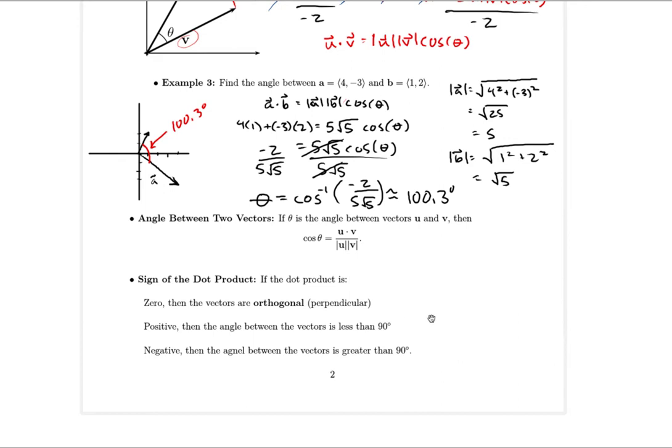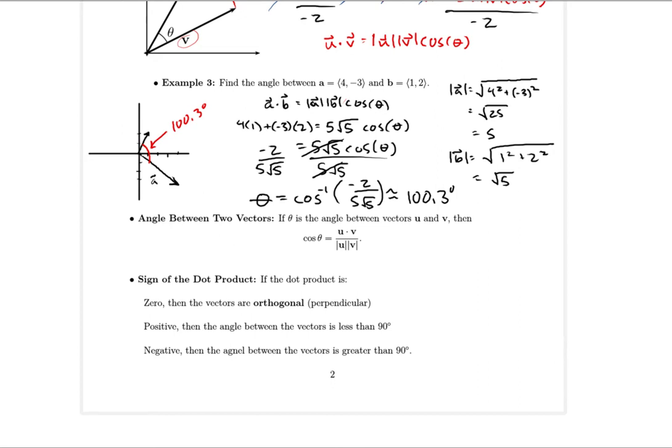All right, now a couple of things as far as whether our dot product is positive or negative or 0 are important. If the dot product is 0, then what you have are orthogonal or perpendicular vectors. This word orthogonal just means perpendicular. The reason that occurs is because in this formula,